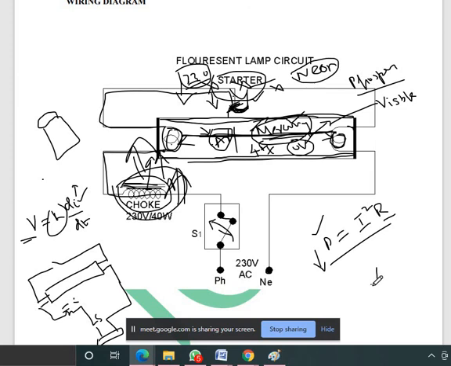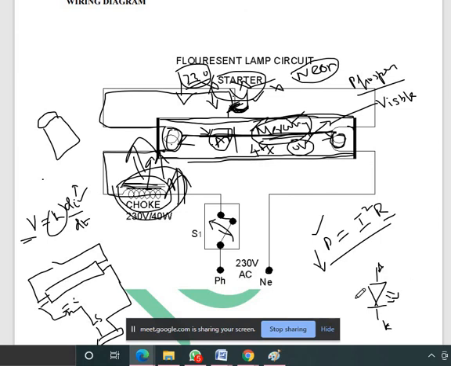Wait, I will draw the diagram. An LED is like a diode, with an anode and a cathode. This is the symbol of an LED, with the anode and the cathode. You can give it 5 volts. The cut-in voltage is 0.7 or 0.8 volts; at that voltage the LED starts to emit light. You can give a maximum intensity, a full voltage, and it will give full intensity of light.